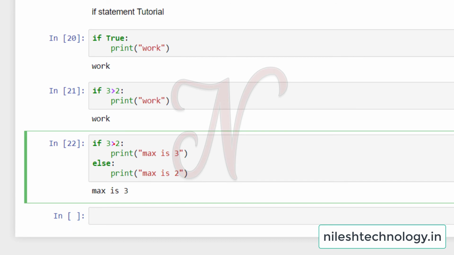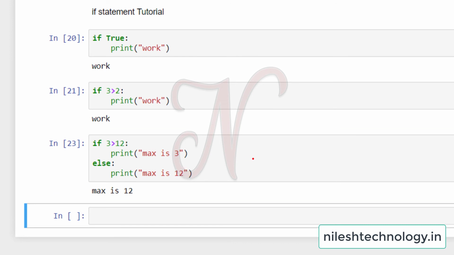Again, if 3 is greater than 12, the first if condition becomes false, so the cursor goes to the else block, and in else we pass the message max is 12. So this is one example.